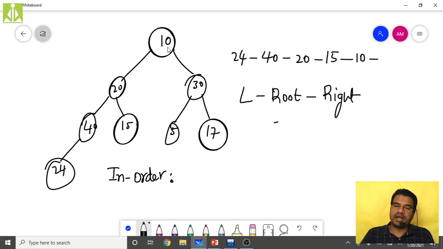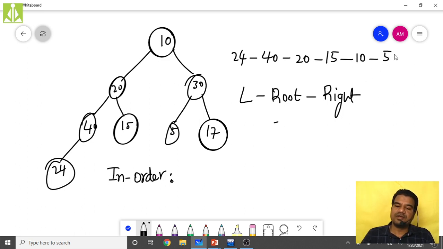For right side to this 10 we have 30, so come to 30 and make 30 as root node. Can we visit 30? No, as it is the root node we can't. Simply try to move left, because for every root we have to check for left first. Left, root, right. So we are moving towards left. So now 5, come to 5 and try to visit 5. It is a root node, so try to visit left of this 5. Do we have any left? No, we don't have. So if there is no left, visit root. Then we are visiting 5.